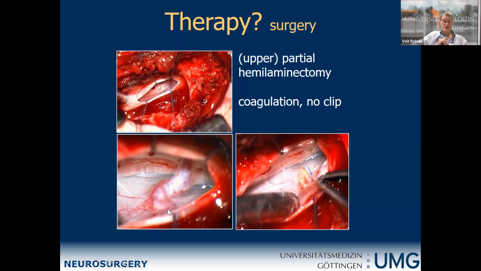Here's the dura, here is the arterialized vein, and then you can simply coagulate and cut the vessel, and the disease is done. I mostly use microdoppler in these cases, because then I can perform sonography on the vessels on the surface of the spinal cord, and if I can see that there's no flow, I know that I coagulate the correct vessel. You also can use ICG angiography, but it's nice to have, but it's not mandatory for performing